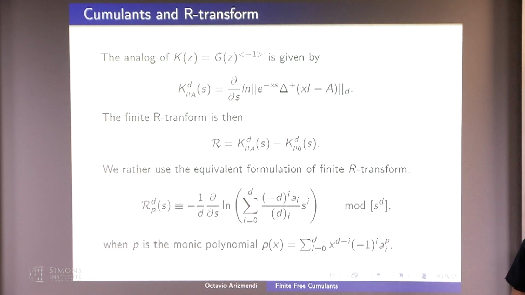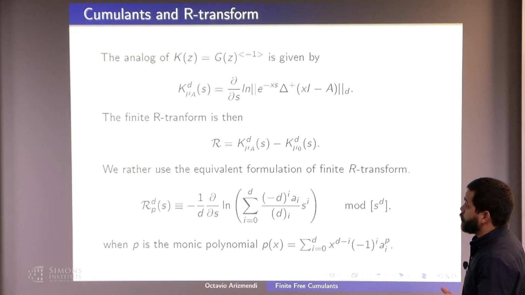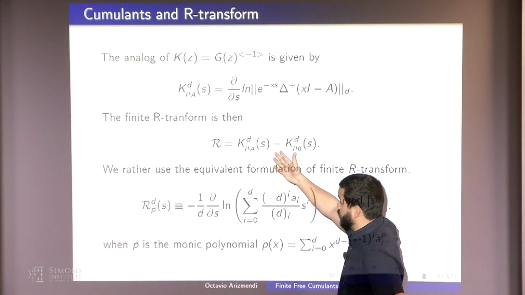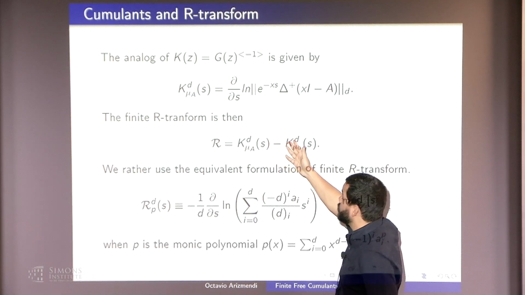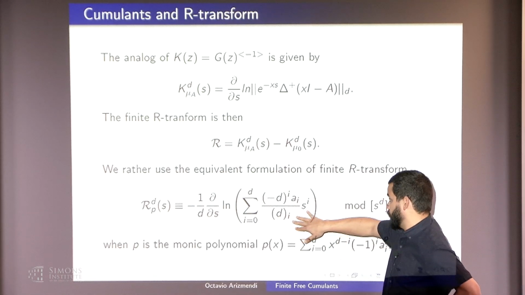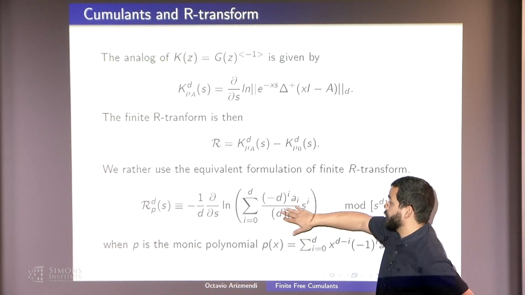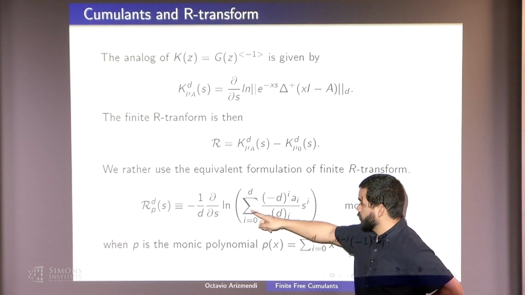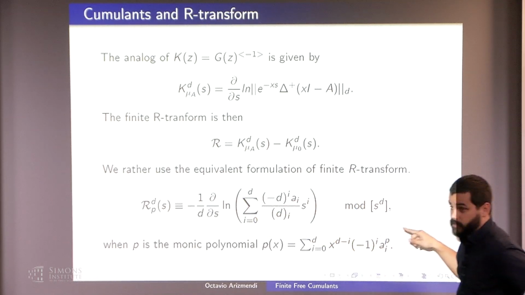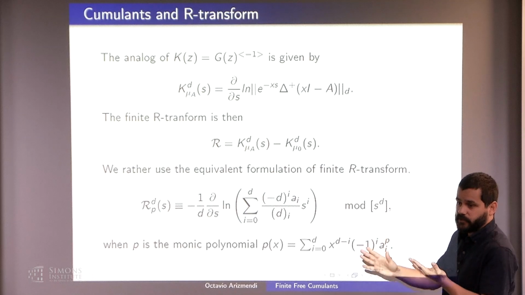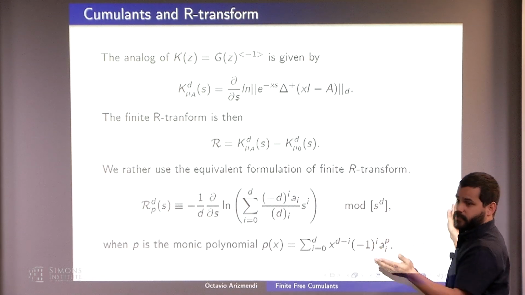Okay, so there are, let's say, two definitions of finite free cumulants. The first one comes from the R-transform defined by Marcus, which was defined in this way, but I liked more this way. And one can easily prove that this linearizes finite free convolution. And observe here that I have a mod C S to the D, meaning I chop this series. This is just because in finite free convolution, what we're doing is almost like a multiplication of polynomials, but I'm chopping the last terms of my polynomial.